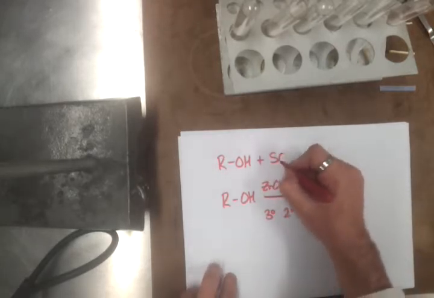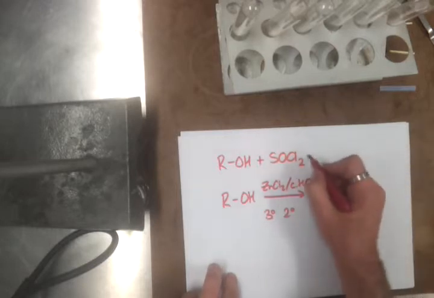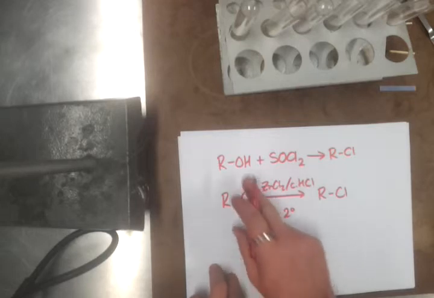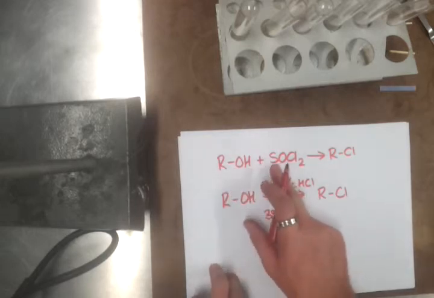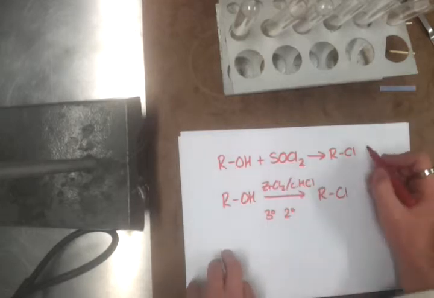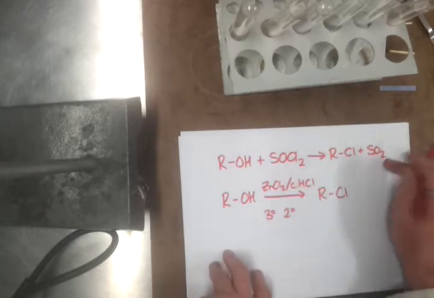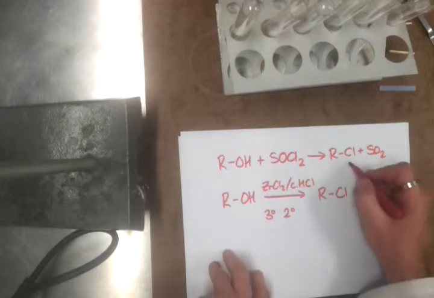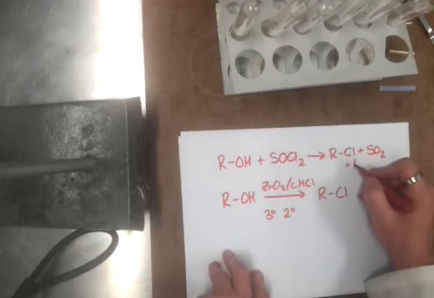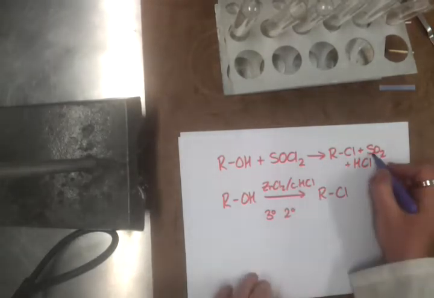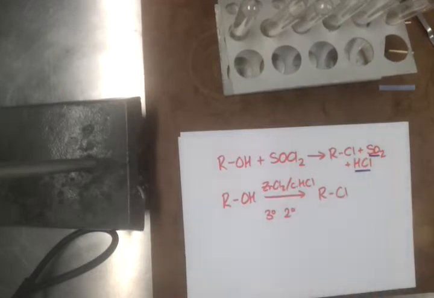One of them is called thionyl chloride, and that will make this. And if we notice what's left over, there's an O, an H, an S, and a Cl. And the other O. The two O's and the S go together to make sulfur dioxide, and the H and the Cl that's left over make that. So you can see that you'd need to do this in a fume cupboard because two of your products are pretty nasty acidic gases. Another one that's quite useful is